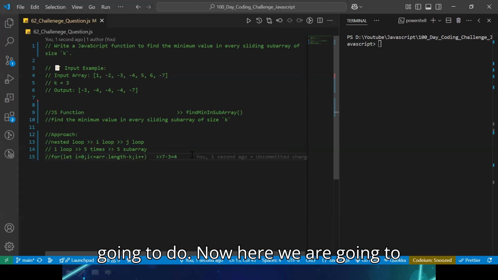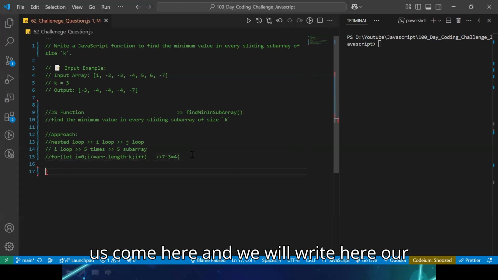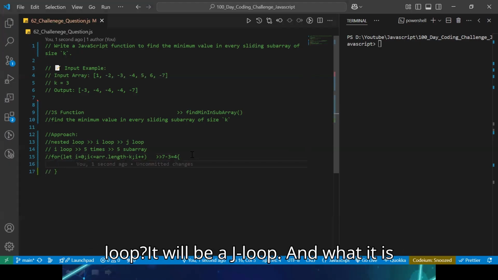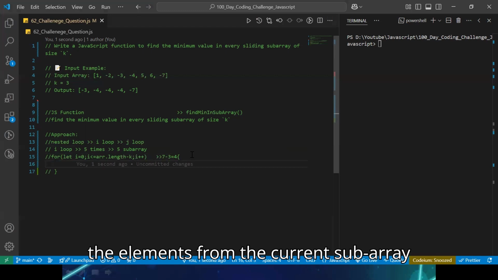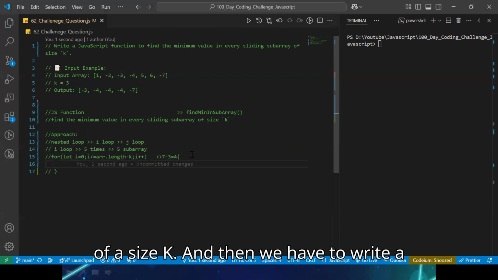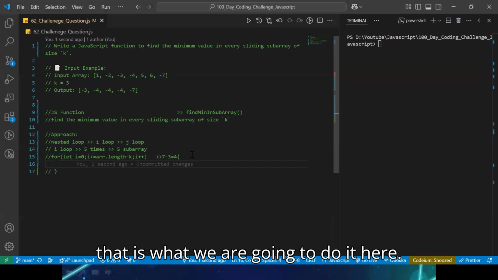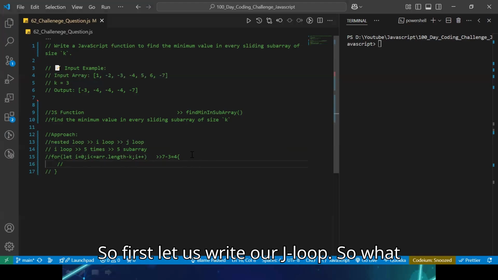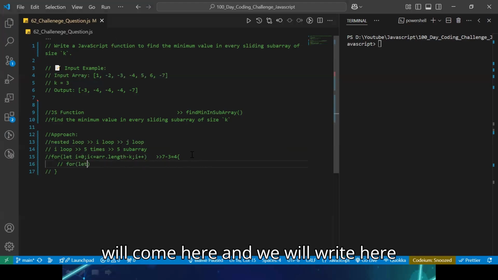Now here we are going to write our inner loop also, right? So let us come here and we will write here our inner loop. Now what will be our inner loop? It will be a j loop. And what is it going to do? Our inner loop will gather the elements from the current sub array of size k. And then we have to write a logic to find the minimum also, right? So that is what we are going to do here. So first let us write our j loop. So what will be there inside the j loop? So we will come here and we will write here